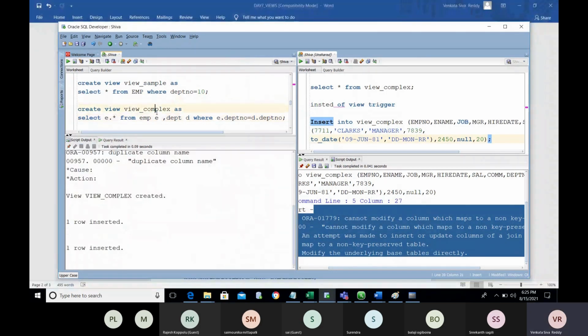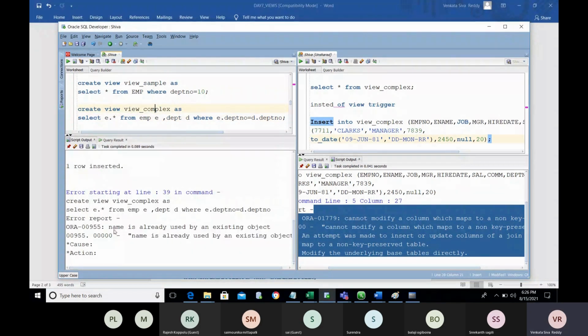It says the name is already used by an existing object. If you are creating the EMP table the first time, it will create. If you try to recreate the same name again, it shows the name is already used by an existing object. In that case, you would drop the table name and create it again.